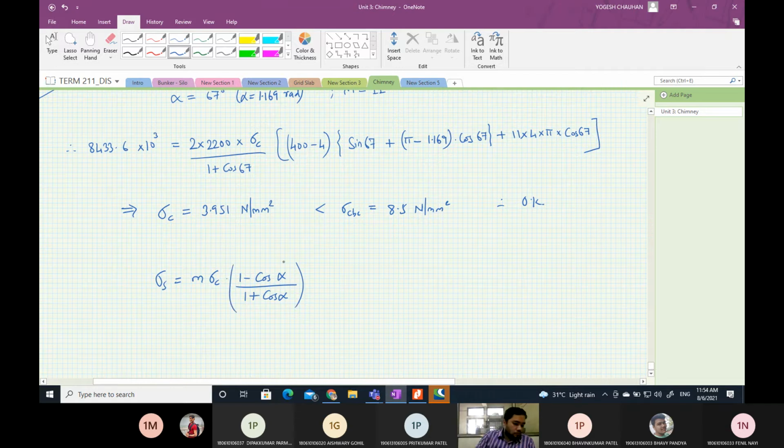So this will be 11 into 3.951 into 1 minus cos 67 divided by 1 plus cos 67. So that will be,